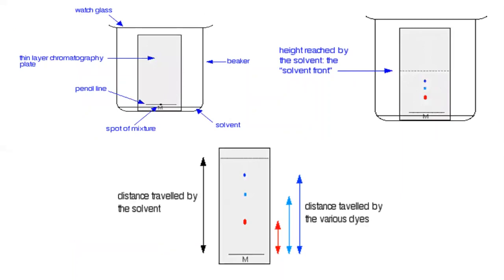So here is the diagram. We have already discussed this one, but I am representing it again. We have to determine the height reached by the solvent, and we have to wait until the mobile phase has traveled up to 3 by 4th, or 80 percent, of the plate. Up to 80% of the plate will be moistened with the mobile phase, and up to that time we have to wait. After that, we remove the plates, dry them, spray reagents, and determine the RF values.